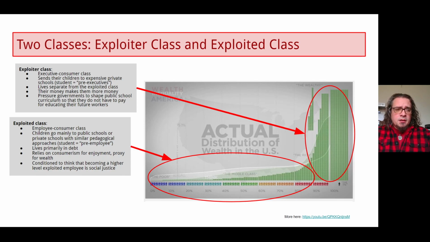The group relies on consumerism for enjoyment rather than actually having wealth to subside all the anxieties. So because they live in constant anxiety about money, there has to be another outlet for enjoyment, and it becomes consumerism. Now, when we, the exploited class, engage in consumerism, it just so happens we're also making the exploiter class more wealthy, right? So we can't get out of this.